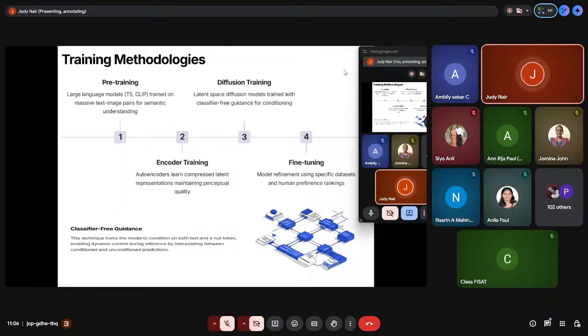Number two, the flow is represented in latent space, so it is not on the raw pixels. Diffusion happens in the latent space, and from the latent it is decoded back into the image. Because you are using CLIP, it understands the prompt. The prompt is converted into an embedding value, which is used at the time of training. So this becomes a conditioning signal. That is the most important.